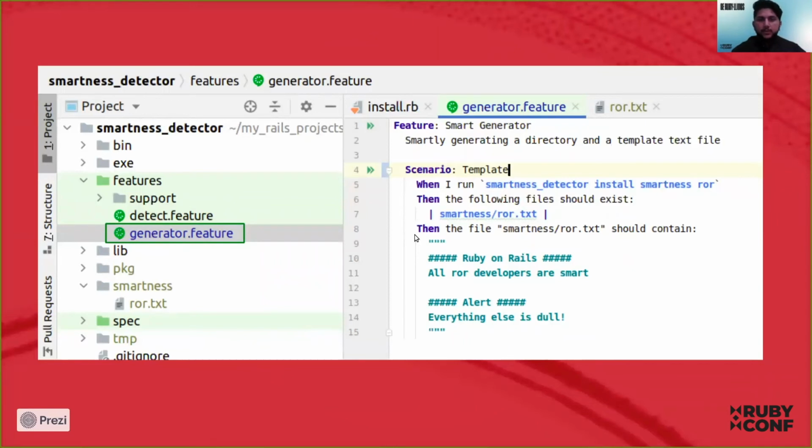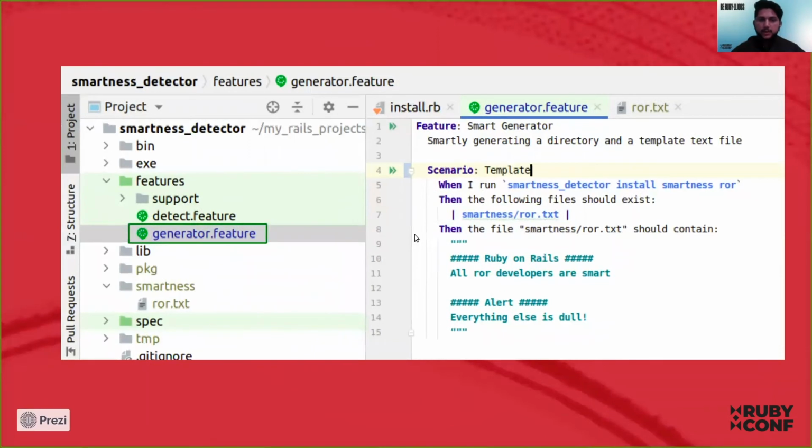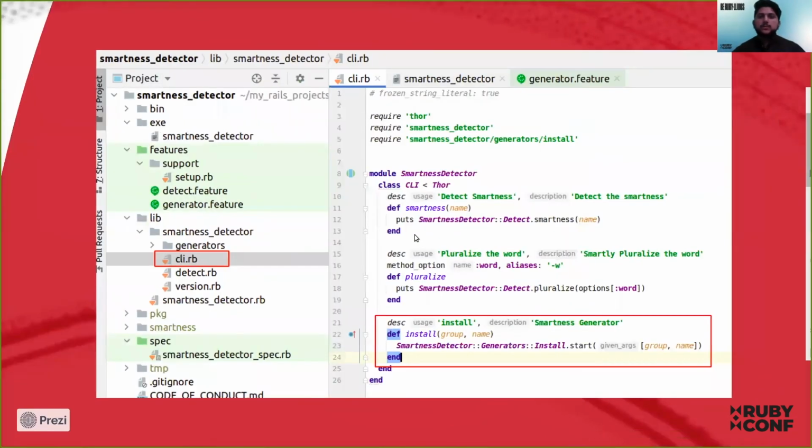Now, if you try to run the features, they will obviously fail. To pass those features, we have to add support for installing the generators in our CLI. To do that, we will add another method in our CLI class that will accept group and name as arguments.